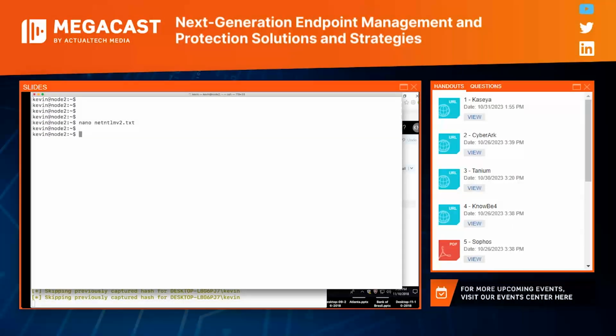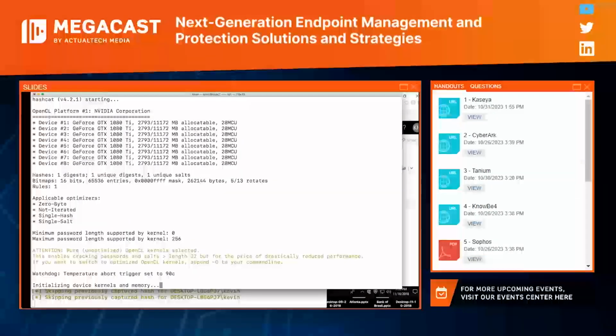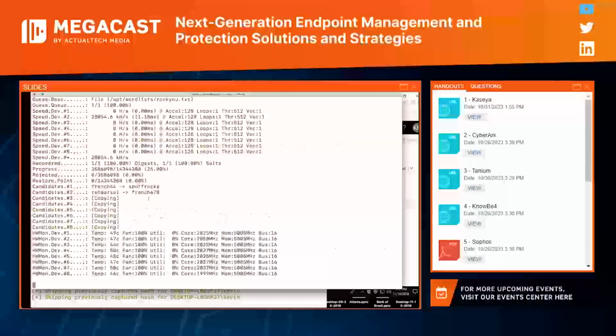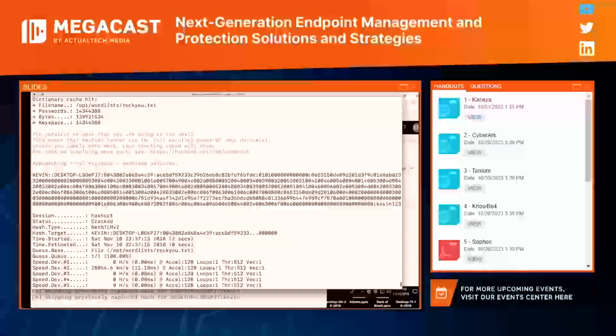And then what I'm going to do is just run a shell script that tries to crack the hash through a dictionary attack. And this is using a tool called Local Hashcat. And guess what? It's already cracked the hash. So if we scroll up here, we see there was a user named Kevin, right? And the password to the hash is Kevin123.